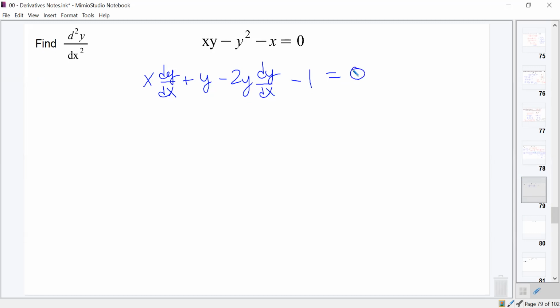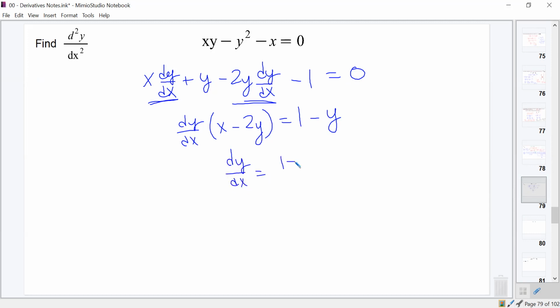So we'll bring the 1 over to the other side, and the y over as a minus y. And then we'll factor the dy/dx out of these two terms. And we'll divide to get dy/dx is equal to (1 minus y) over (x minus 2y). And from there,